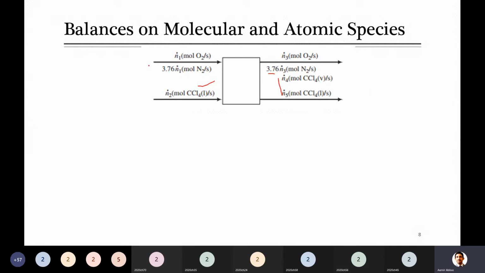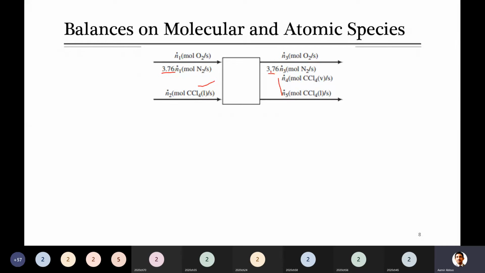Actually, it came with the thing which he mentioned, that whenever they are available in some specific ratio, that ratio is like 3.76, and again at the outlet it is the same ratio. So in this case, that's going to cancel. But if it was some different value, then maybe you would be able to solve this. But here you can't solve it. The thing to mention is that the balance of oxygen and nitrogen is not independent in this given situation.